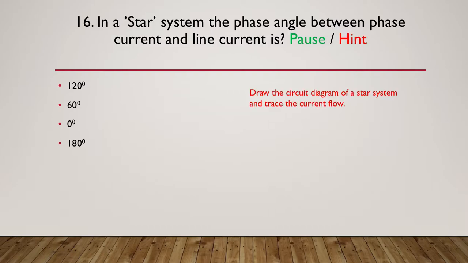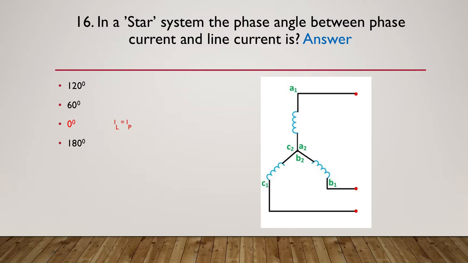So let's look at our hint. Draw the circuit diagram for a star system and trace out the current flows. In a star system, the phase angle between the current and the line current is 0 degrees, because the phase current and the line current IL equals IP. So it doesn't matter how we're dealing with the circuit,